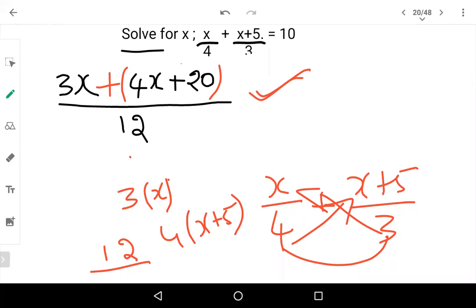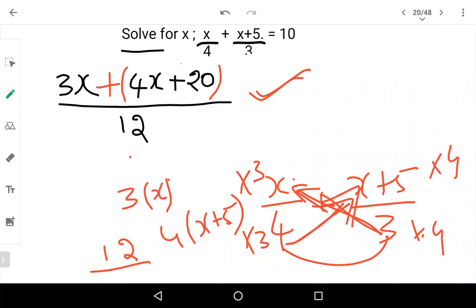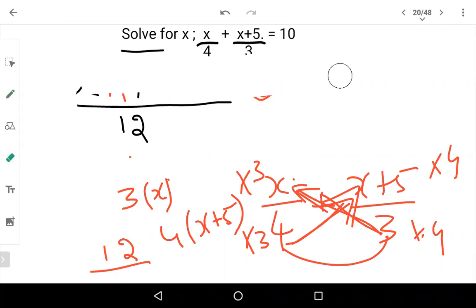Understood this way? Whichever you find easier, you can take it. Either you can multiply 3 into 3 into 4 into 4, and there also you'll get the same answer. Or after finding the LCM, cross multiply the numbers. We'll be using this cross multiplication part in many of the problems. So let us go to the problem directly.